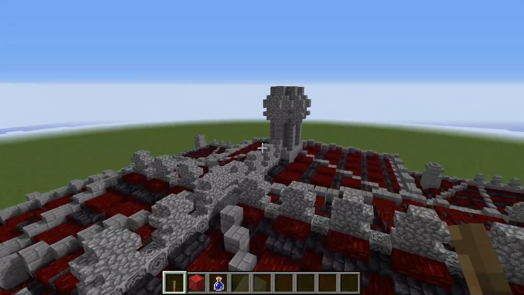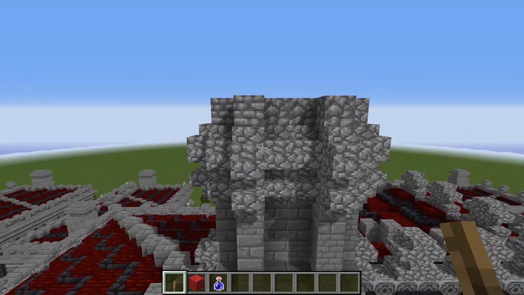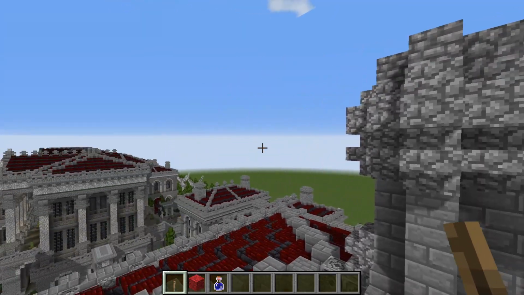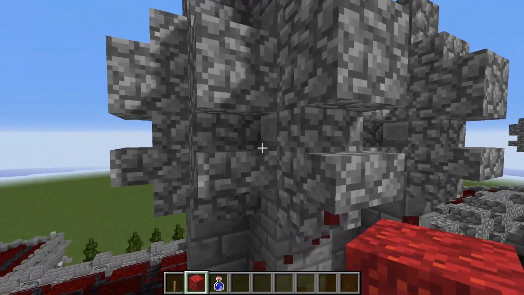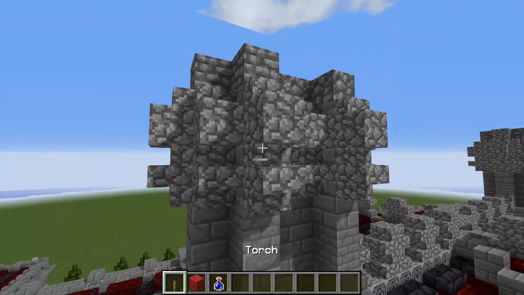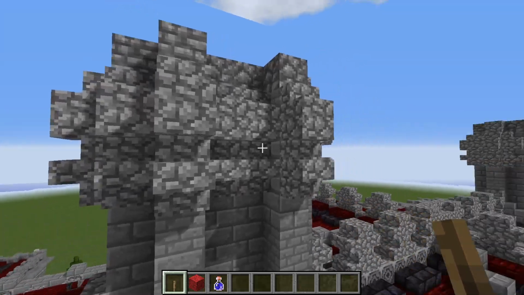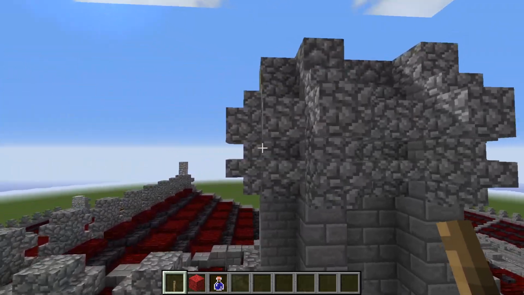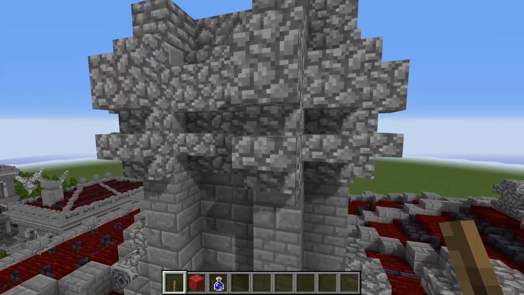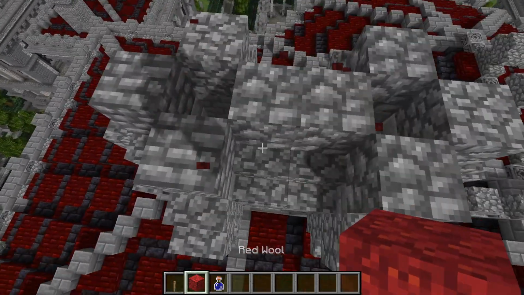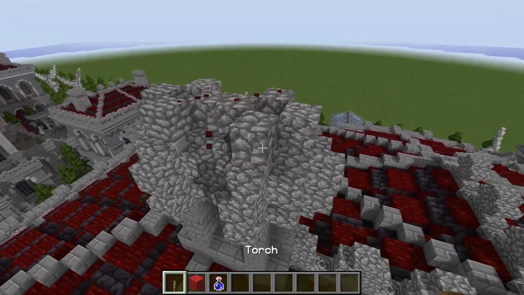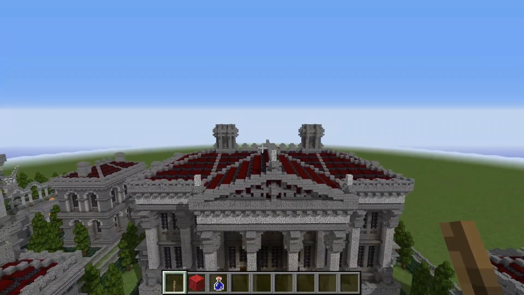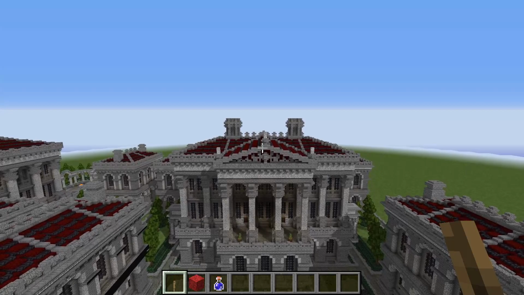So here we are, we're actually at the last level finally. And we are looking at the remains of the build here, which I think I skipped a couple of blocks. I think we were only on this one. So now we are looking at like the last four or five blocks here, because this is just a jumble of stone brick stairs, upside down and right side up on top of each other in these patterns here, with some full blocks of cobblestone on the top there, going all the way down like so for both chimneys. And with that, your Roman estate megabase will be at long